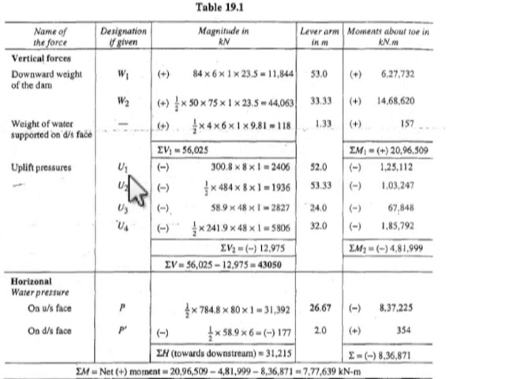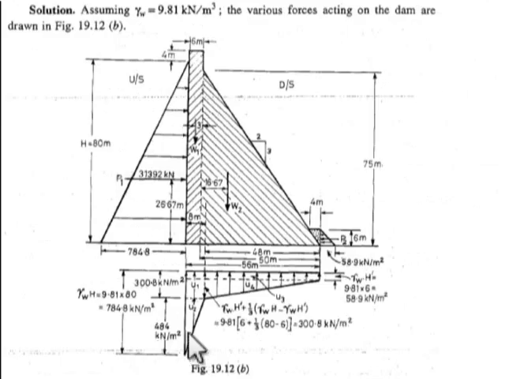Uplift pressure is divided into 4 areas: U1, U2, U3, and U4. Now let's see what is U1, U2, U3, U4. This is U1. This portion area is U1. You just calculate the area of this portion, and it is acting at CG. You just measure or calculate this distance. This is the lever arm. This is U2. This is triangular. Again U4 is triangular, and this strip up to here is U3.